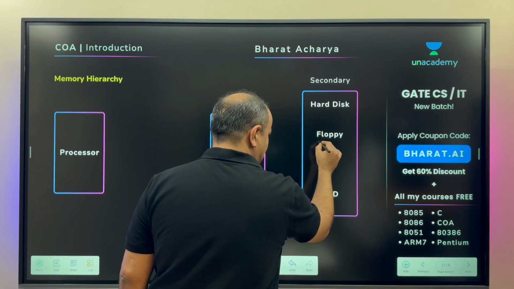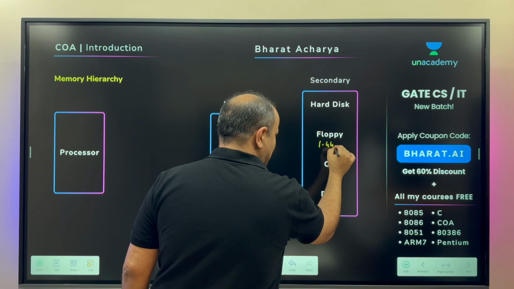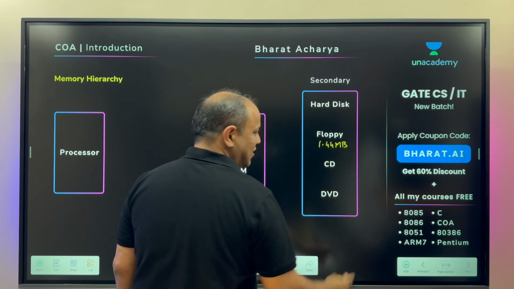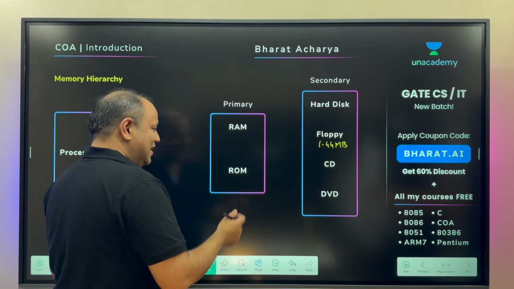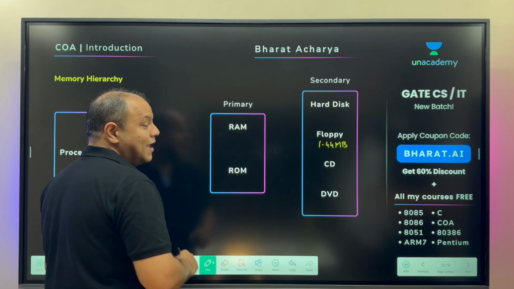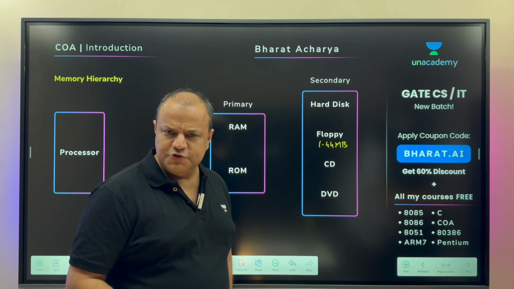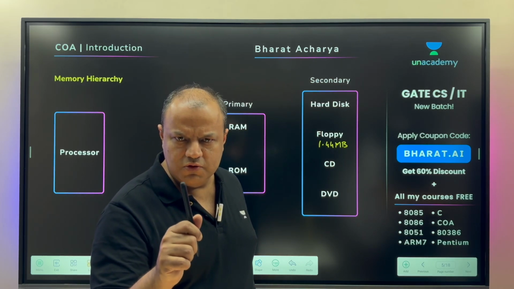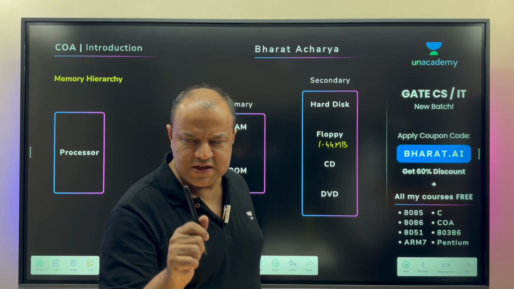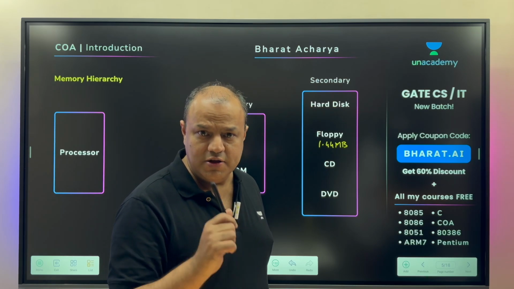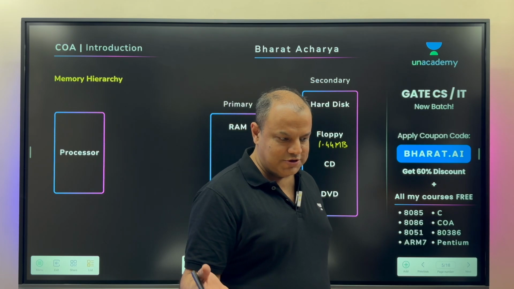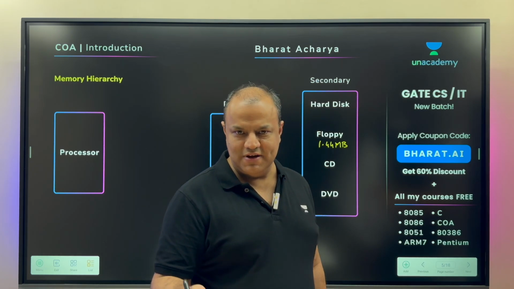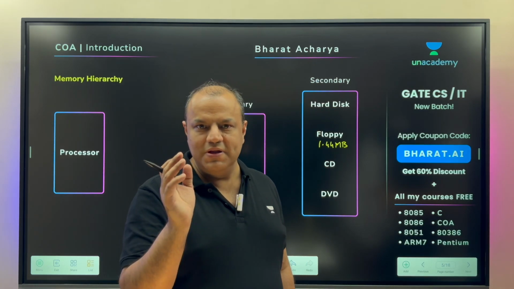Let me give it to you already: 1.44 MB. Look at this. So small. You can't even store a single high quality image in it. Anyway, RAM, this you should know, and it will be asked even in your interview as general knowledge, just to see how genuinely interested you are in this field. A person who owns a device should definitely know the RAM size in that device, or at least in the ballpark, may not be the exact size.